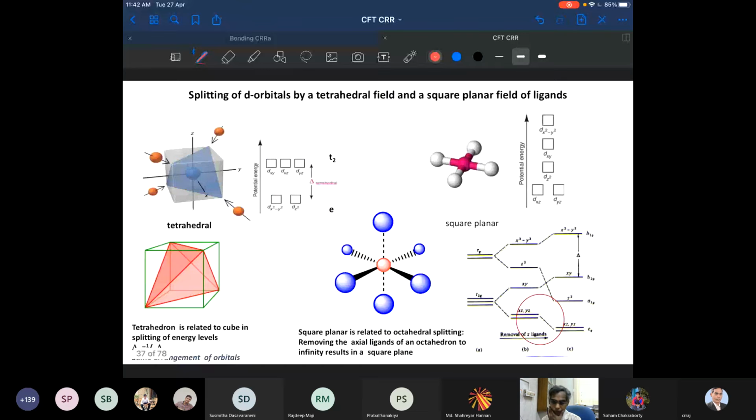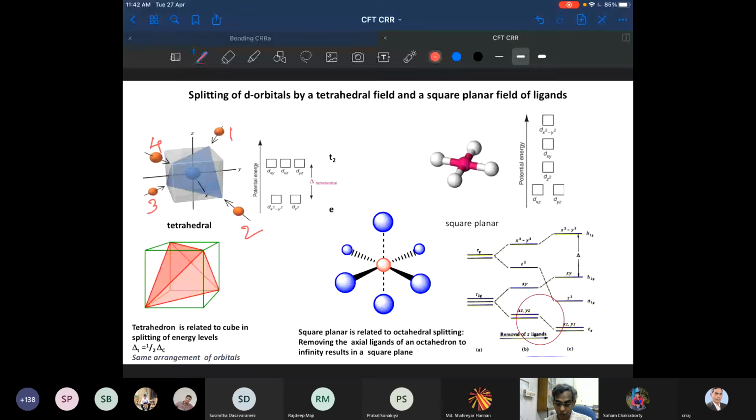Now let me show the model, and you can look at the screen also. In the camera, if you want to see, you can look here. This is my metal orbital. Now it's the cube. Not along the faces of the cube, I am bringing the ligands only along alternate corners, leaving this one, leaving this one, as I have shown here. Number 1, number 2, number 3, and number 4. 4 ligands are coming, creating your tetrahedral geometry.